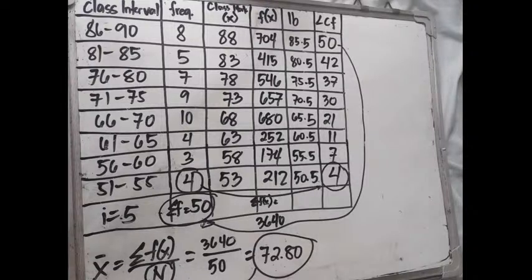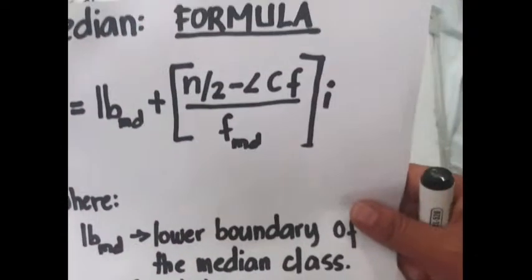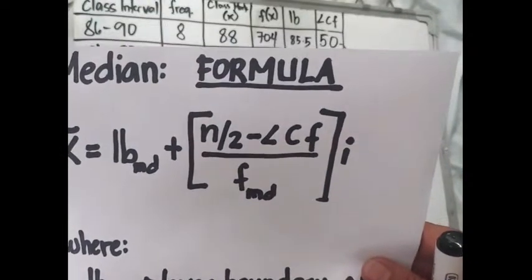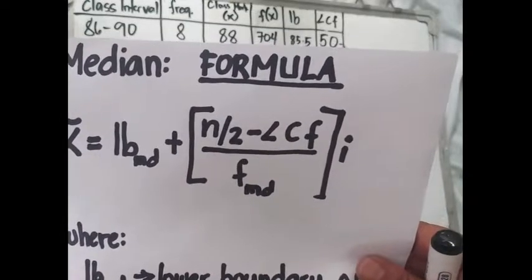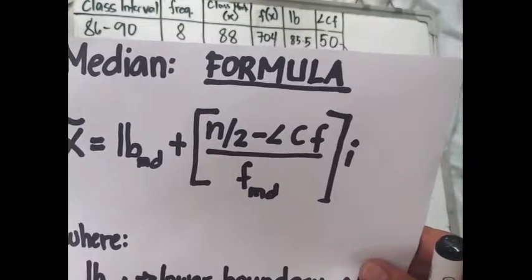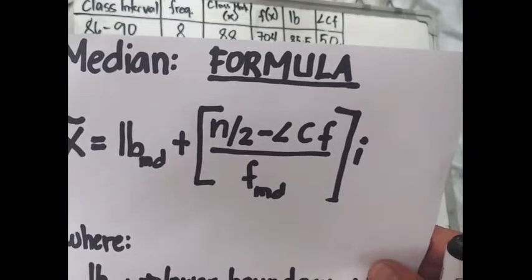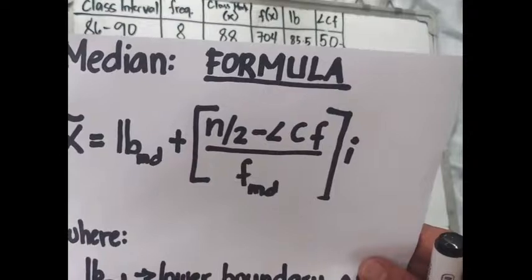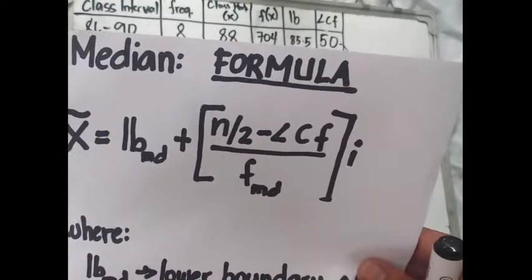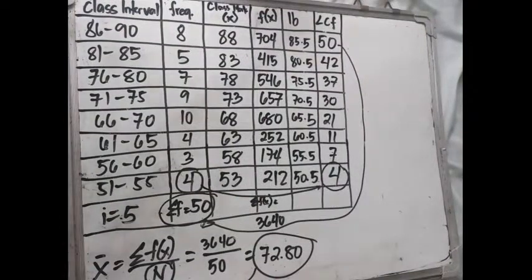Next, find the median. So formula in finding the median is ito. Median equals lower boundary of the median class plus the quantity of n over 2 subtract less than cumulative frequency over frequency of the median class times i. So how to find the